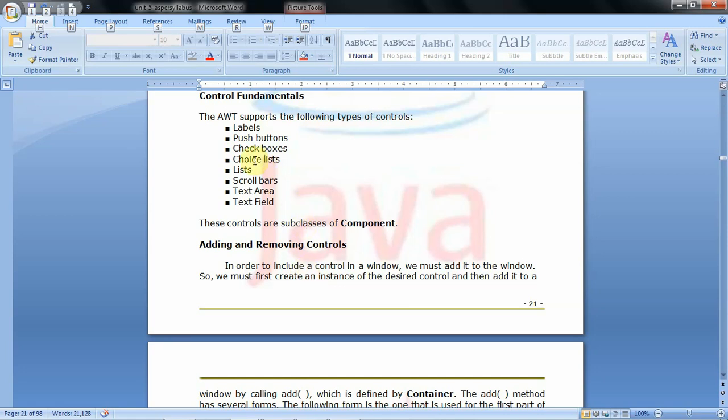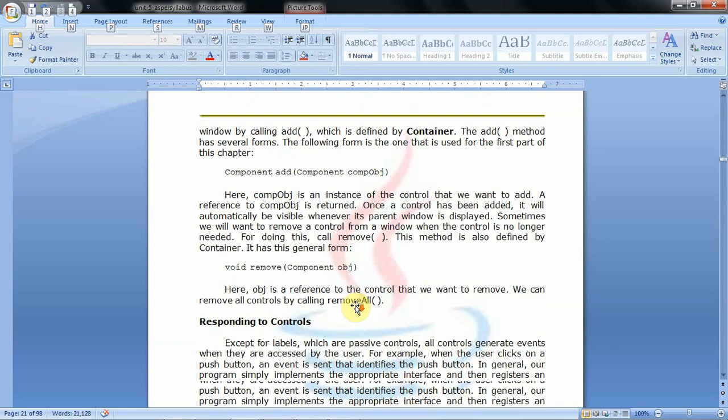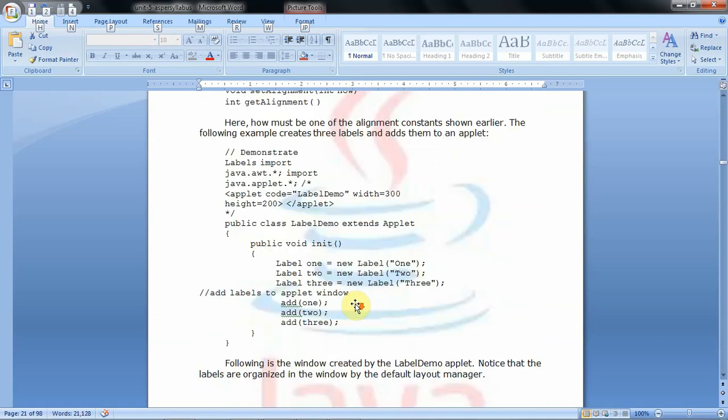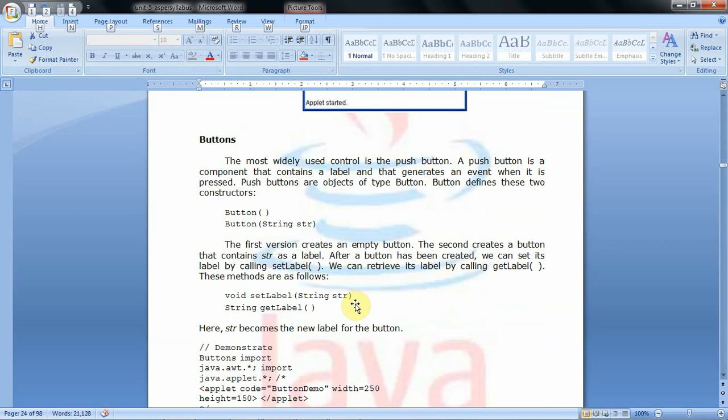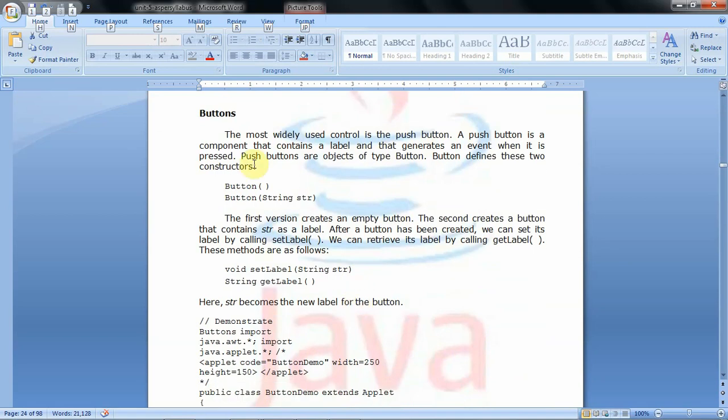In this video lecture we will discuss other AWT components, mainly push buttons, checkboxes, choice lists and lists. First we will discuss buttons. The most widely used AWT control is the push button.